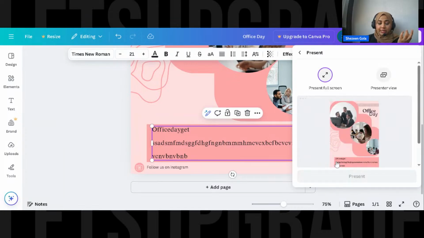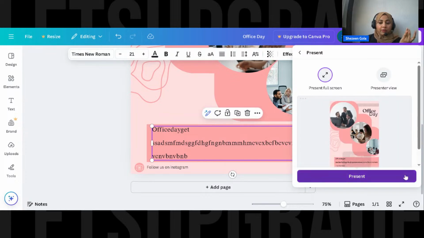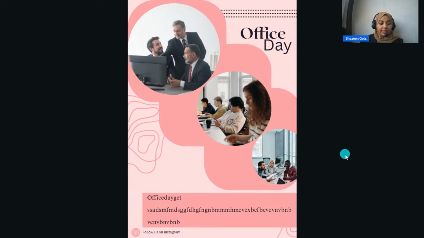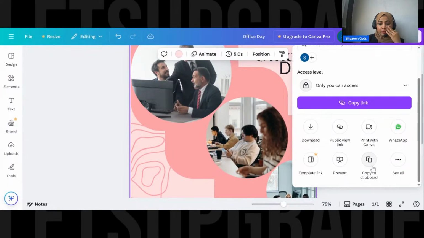Now the presentation. Suppose you have a class and you want to present your work, you can very much present it through Canva, like our PPTs and everything. Previously, we would present it through Microsoft PPT. You can present it through here. So now you can see it from a presenter's view. You can use it however. You see the style changes automatically, and you can press escape to come back. Again, let's share and see more options.